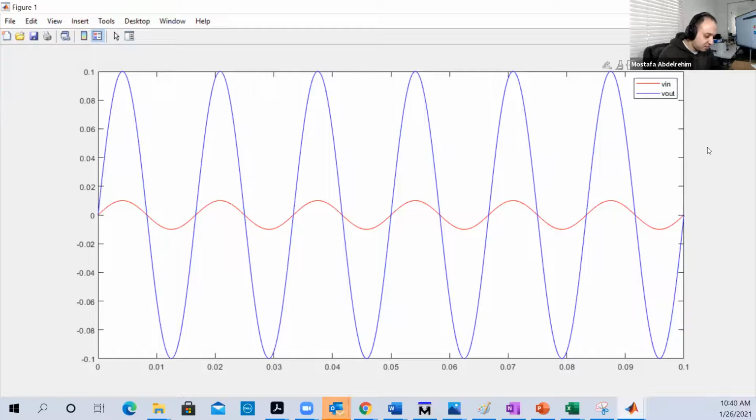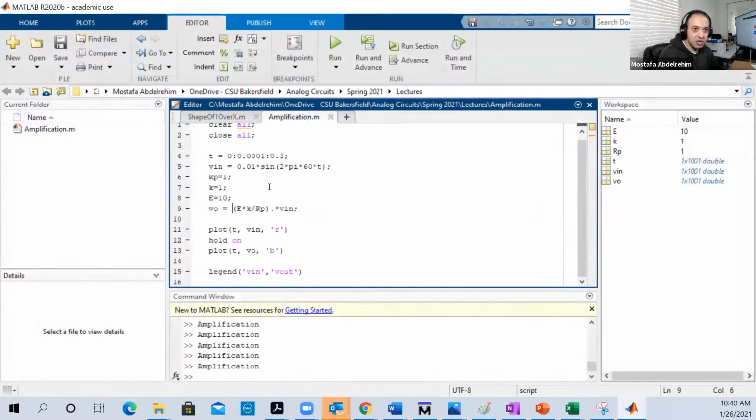Of course, you don't need to do this simulation. This is just to show you that this circuit is really working. Okay,